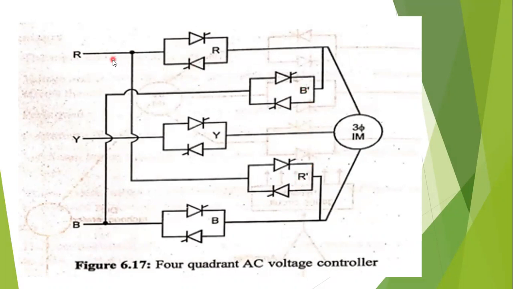Okay, the R phase is connected to the three phase induction motor in this way. Understood? Instead of connecting the R phase like this, the R phase is connected when we are giving the triggering pulse to the R dash pair of thyristors. Similarly, B dash pair of thyristors. So we are not giving the triggering pulse to the B. If we are giving the triggering pulse to the B dash thyristors, then the phase is changing like this. That means the two leads are interchanging. Understood? R dash and B dash. So the phase sequence changes.